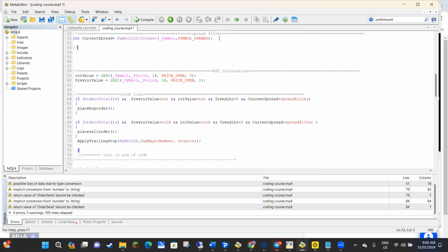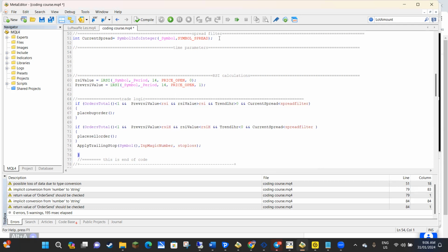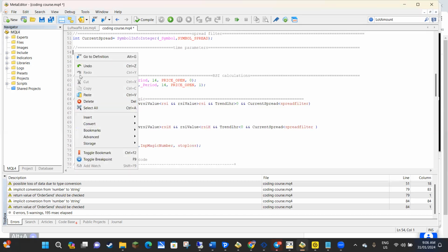Another bit of code that you're probably going to want to use in EAs quite often is some code so that you can limit exactly when the EA will trade. So you could have it all turned on 24 hours a day, but you might set it to only trade between 6 and 7 o'clock or something like that. And I won't go into detail on this just at the moment, but